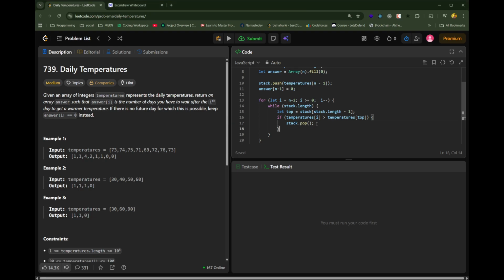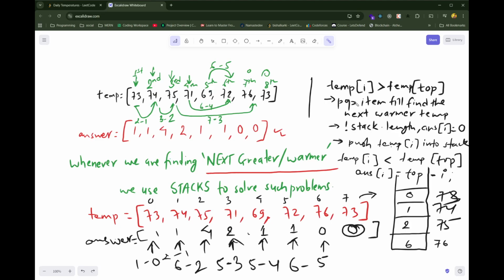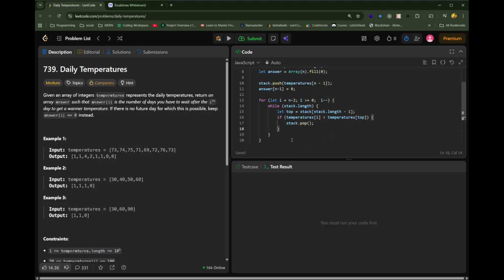So we will pop if the current temperature is greater than the temperature that is at the top level of the stack, right? Top level of the stack. What if the current temperature is less? That is the else case, isn't it? Else, what we have to do is update the answer array, in the answer array, that is